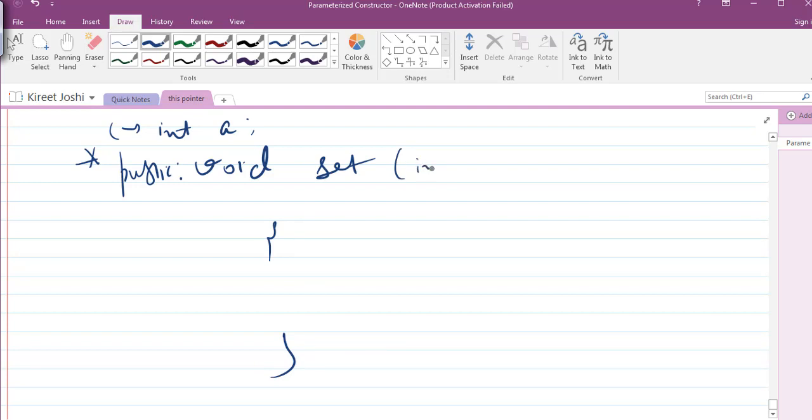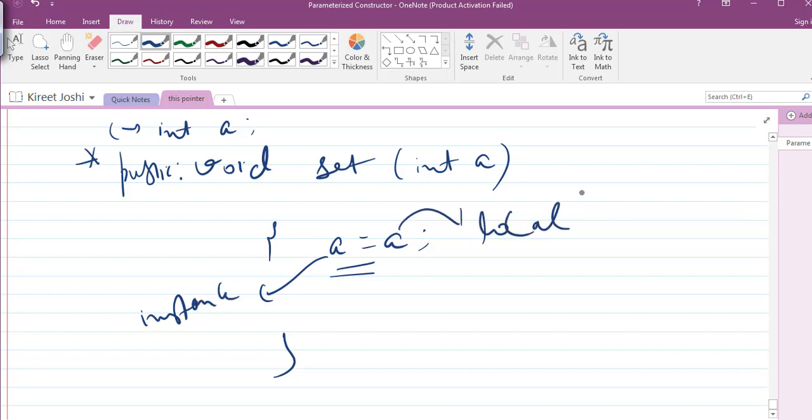So for example, inside this, if again I write a, now what I am doing is a equal to a. Now there is a problem: this is an instance variable and this is a local variable. The name of the instance variable as well as the name of the local variable are both the same. So now the compiler will be in a state of confusion, since a is assigned to a. This a will be hidden, and the compiler is unable to recognize it,